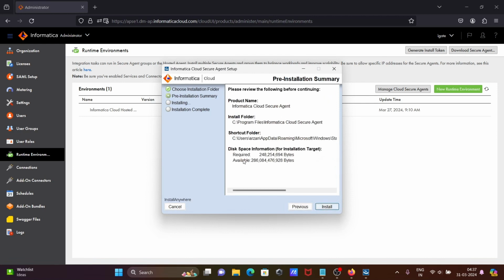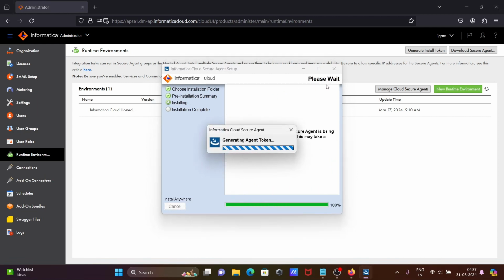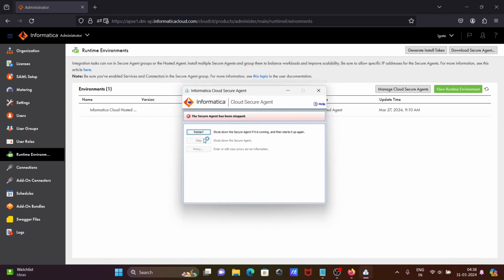And here is the product name, and this is our disk size. Let's click on the Install button. So currently it is installing the Informatica Cloud Secure Agent on your local system. And it is done. Here you can see the secure agent has not been registered, so you need to